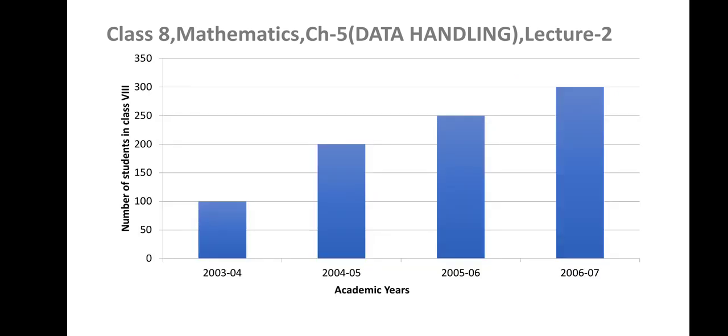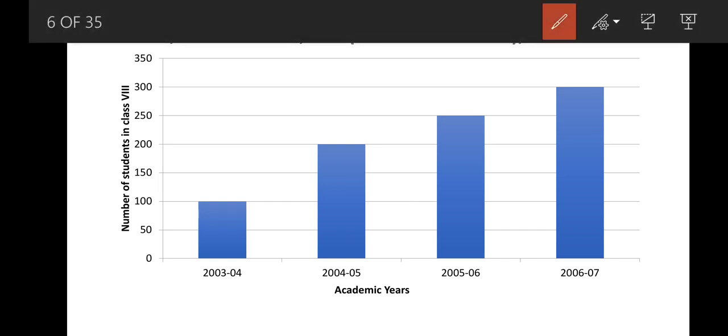Now this is an example of bar graph. As the name indicates, bar graph is basically used to display the information with the help of bars, and the height of the bars is proportional to the respective values. So bar graph is basically a display of information using bars of uniform width, and their height is proportional to the respective values. Likewise, for these academic years, these bars are showing the values. Their height corresponds to the respective values.